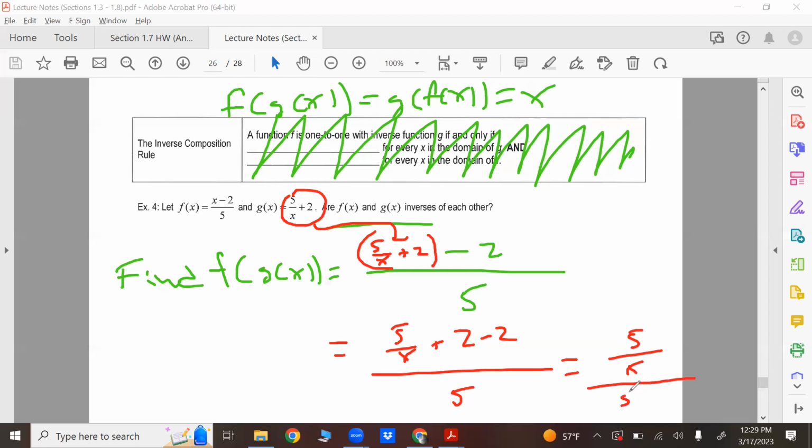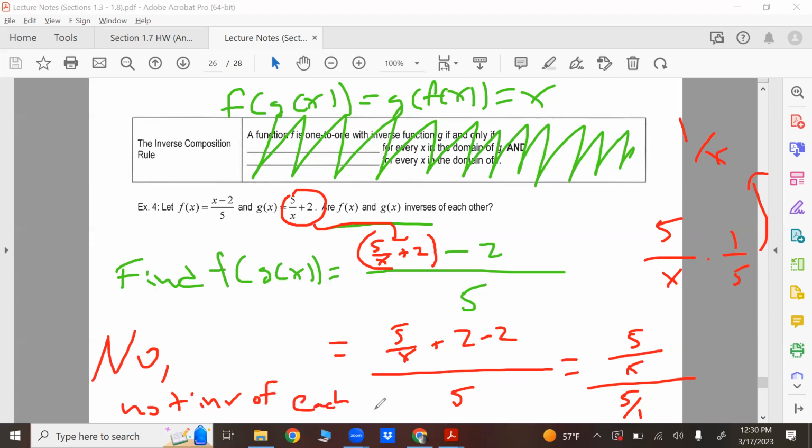And the 5 by itself, you could think of as 5 over 1, right? Any whole number could be a fraction with one at the bottom. How do you divide fractions? You guys remember? Yep, times 1/5. Now what happens to the 5s? Where are you stuck with? So we didn't get plain old x. So in this case, the answer is no. Not inverses